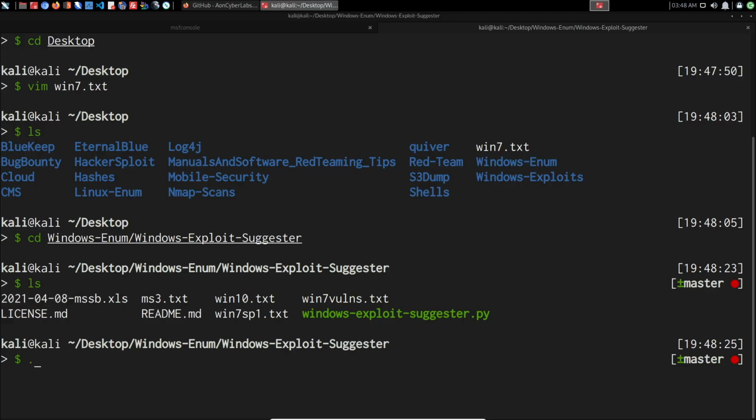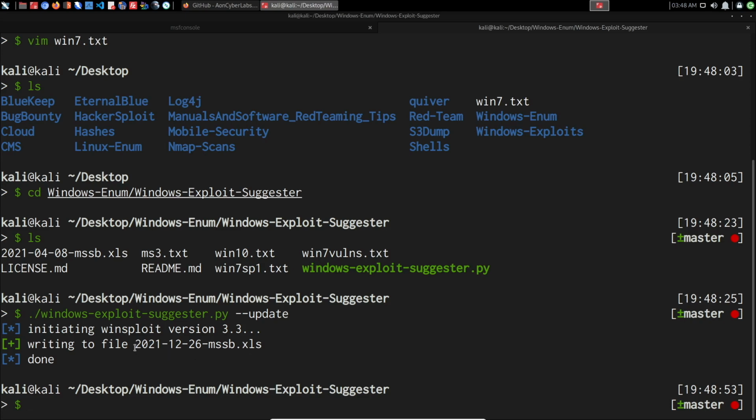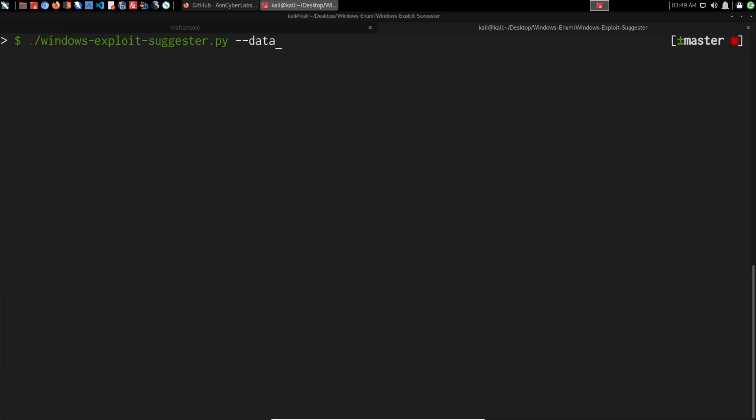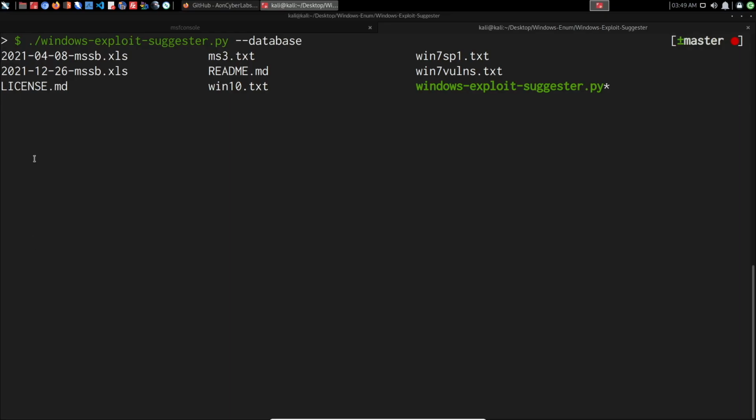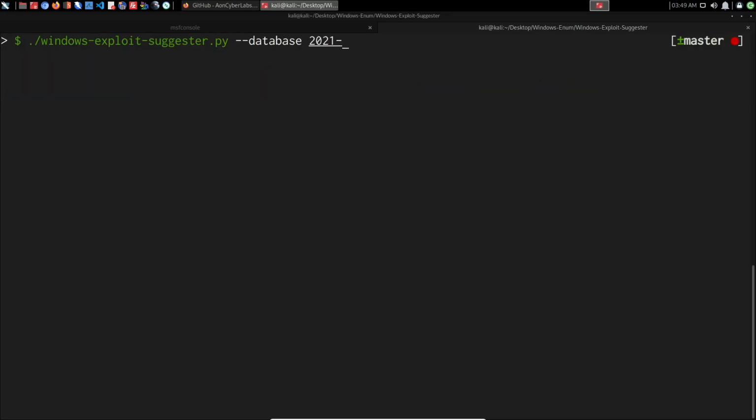So in your case, during your first run, you want to run windows-exploit-suggester.py and then update, right? And that's going to download a new vulnerability database. There we are. You can see it's going to be written with the date when you actually ran the command. In this case, I'm recording this on the 26th of December 2021. So in order to run this now, I can simply say windows-exploit-suggester.py, and then I specify the database, right, which in this case is going to be the latest one. So I'm going to say 2021, and we're currently in December, so December the 26th,